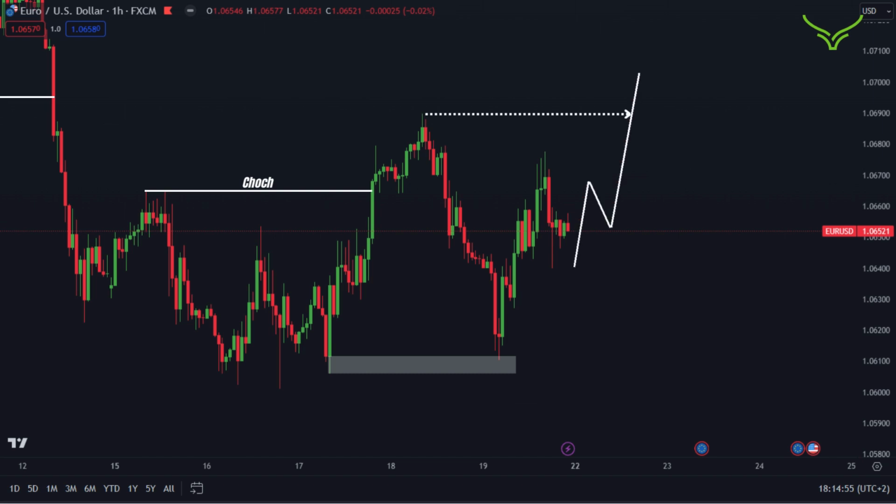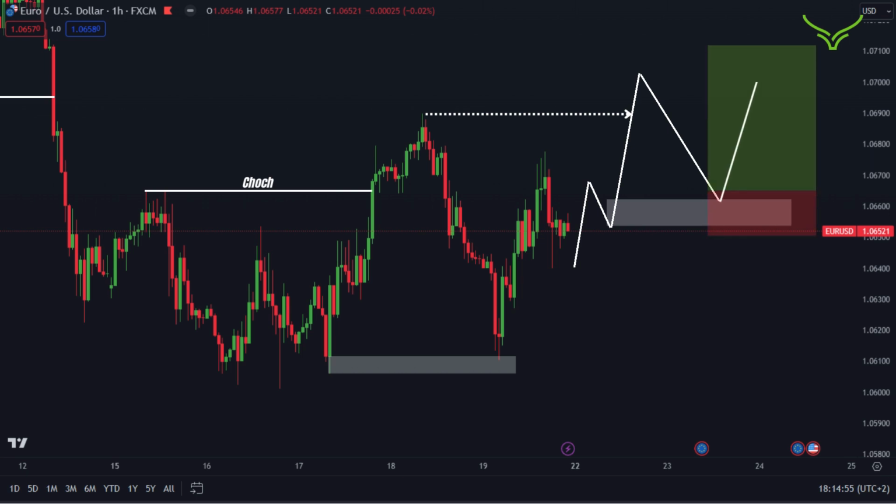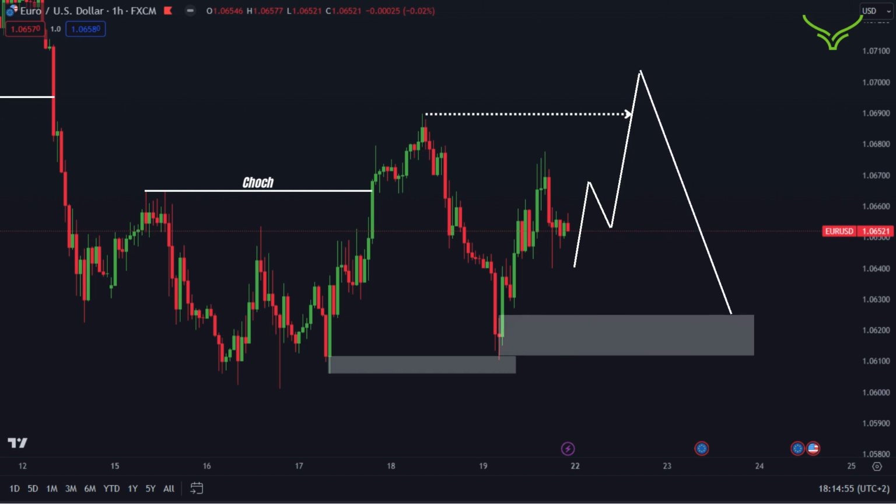Instead, we can await a break of the swing high, potentially leaving behind a demand zone which it can come back to retest, giving us a chance to enter on our long positions. Alternatively, the market might also retrace back to the extreme demand zone, which would provide us with even greater assurance